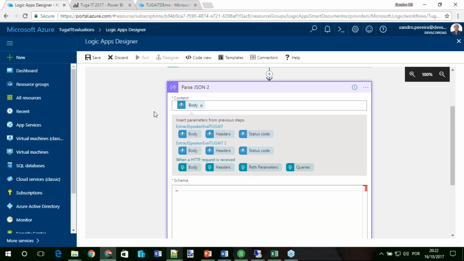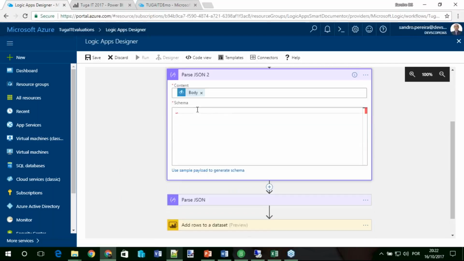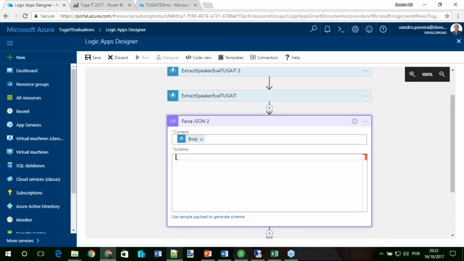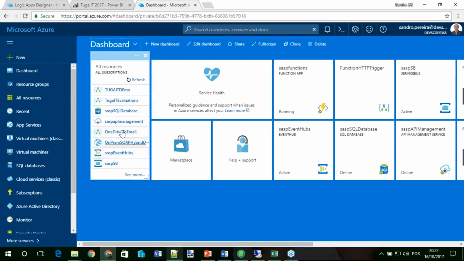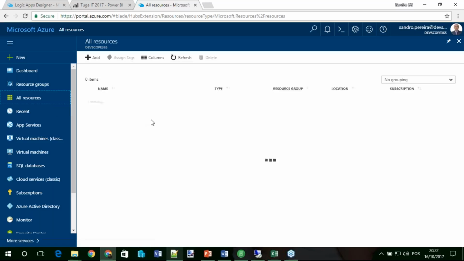And here I need to provide the schema, or the schema payload. Let me go to my Azure function, where it is my only source.